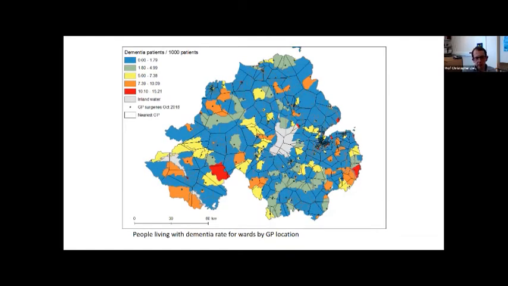This is an example showing the GP locations. So we've got these turquoise coloured dots, which are GP surgeries from the October 2018 database release. And then we've got something called Thiessen polygons overlaid on those. So these are these black lines.